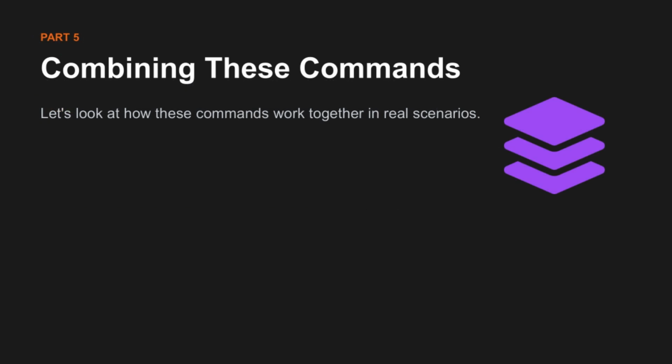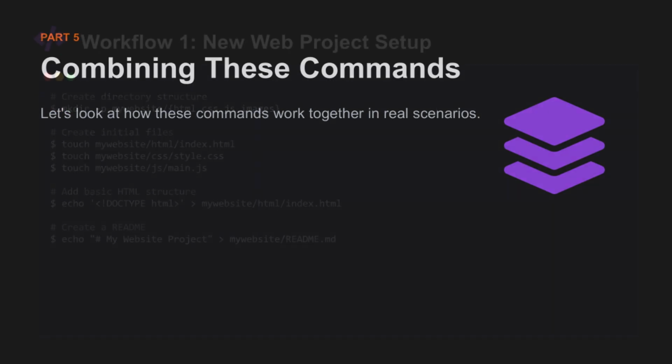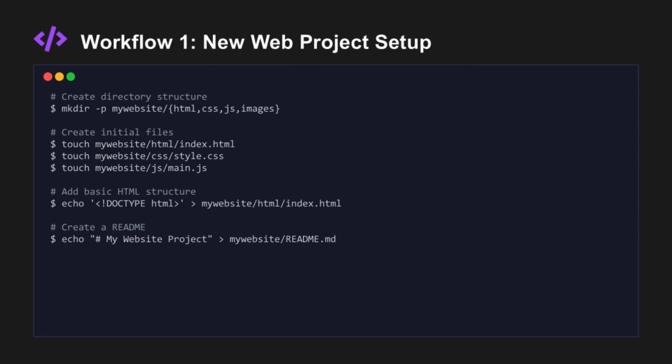Let's think about how these commands work together. Got an example code here on the screen for a new web project setup. You see it starts with the mkdir, the -p flag, then we're using the brace expansion. Then we're using touch to create the initial files. Then we're using echo for the content. Then we're creating a README, where we're creating a file, but then we're appending to it with the double greater